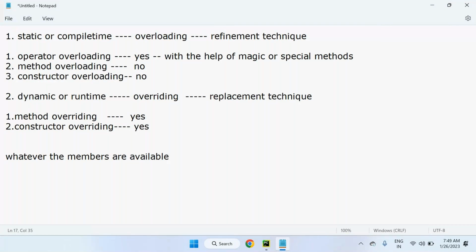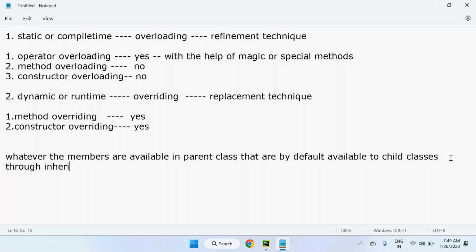Whatever the members are available in the parent class, that are by default available to child classes through inheritance. Next,